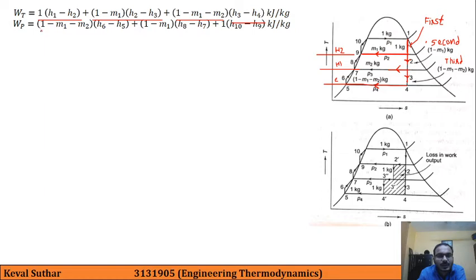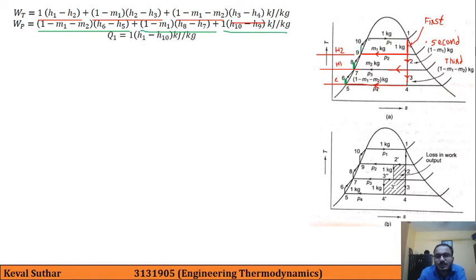And similarly we can write down for the pump work. So here if you see, from H5 to H6 we are having this portion. So 1 minus M1 minus M2 into H6 minus H5, that is the first pump work. Then we are having 1 minus M1 into H7 minus H6. As you have drawn the previous figure in your notebook, you can simultaneously see that notebook so that you will be getting the idea. And here after that we are having this pump work, that is H10 minus H9.